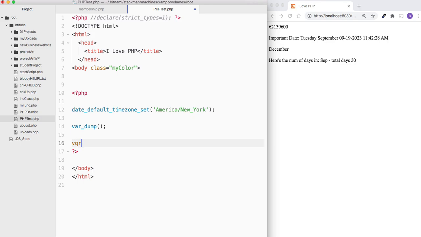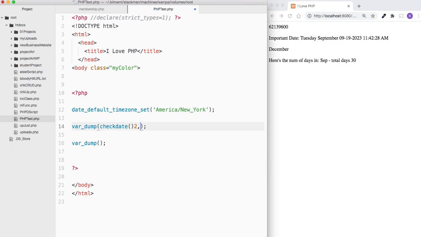Let's do another one. This will do a line break. Let's do a line break. We're going to put that check right in there. Check date, and we're going to put 2,